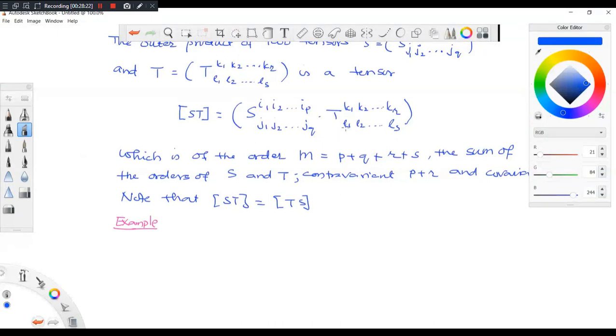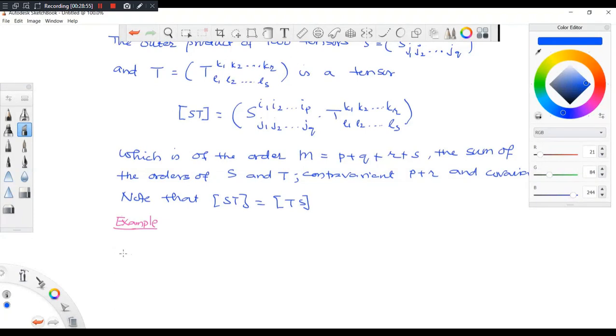To add two matrices, they need to be of the same type. But when you multiply two matrices, they need not be of the same type, though there should be some kind of relation. So there is some difference between these two, but here there is no need that they should be of the same type.